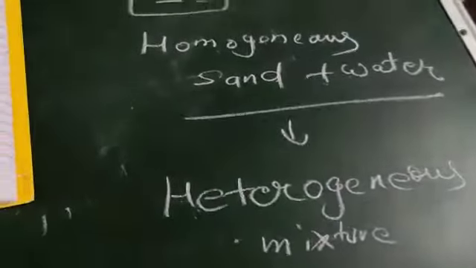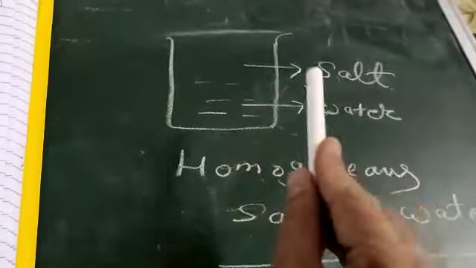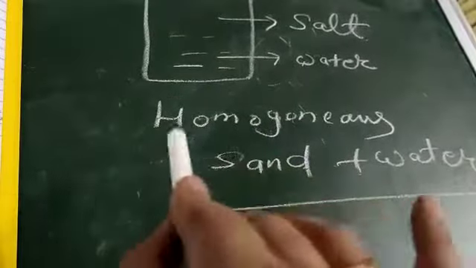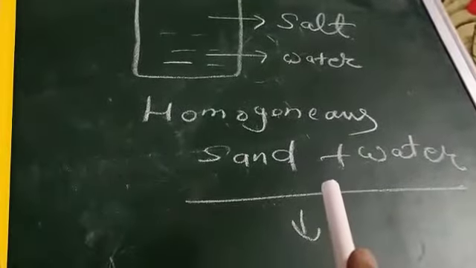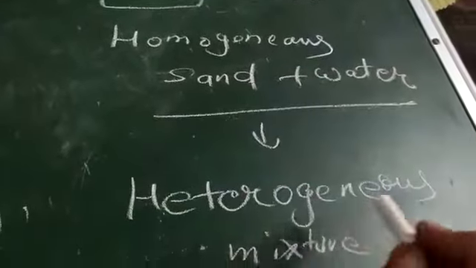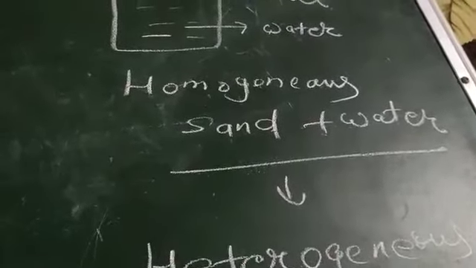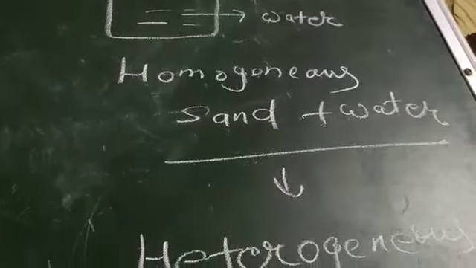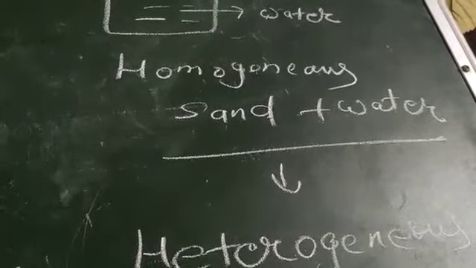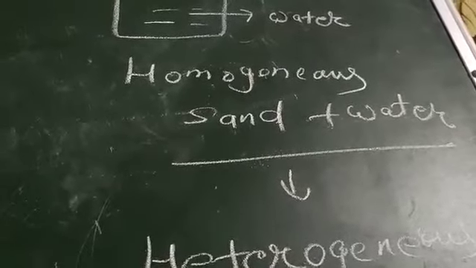Now, what do you mean by homogeneous? Uniformly distributed. When you add salt and water, it is distributed uniformly. That is a homogeneous mixture. And when I add sand and water, that is a heterogeneous mixture. Same as elements. Elements are homogeneous because we can't divide them into different particles, or we can't divide